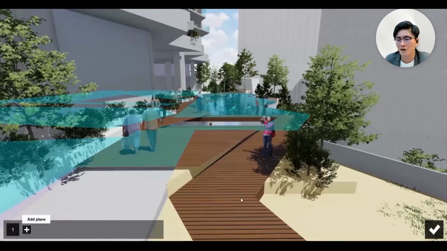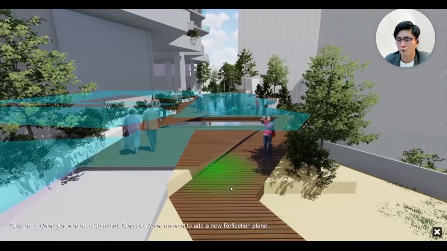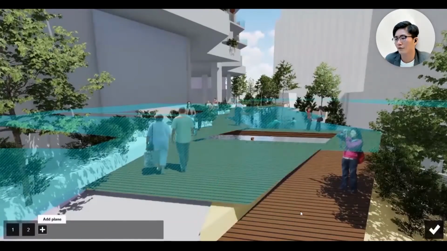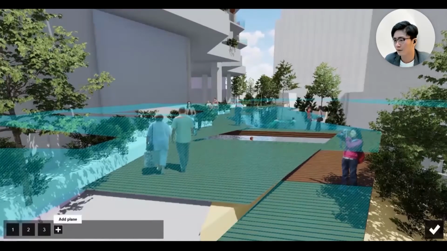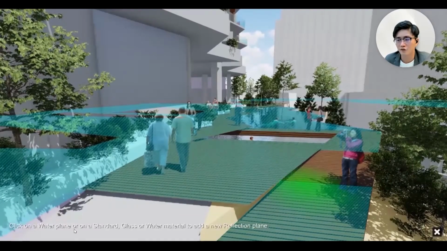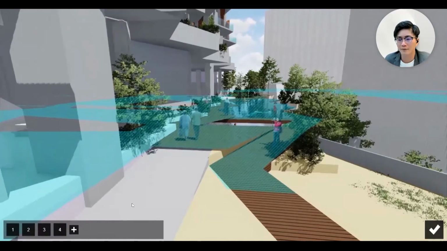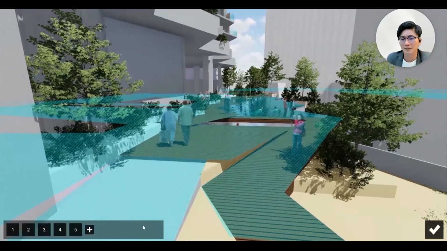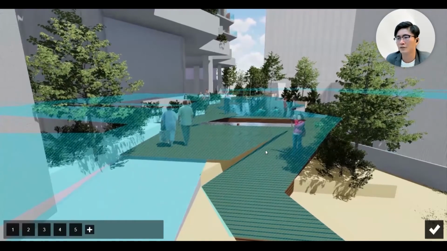So I will apply it on my timber surface, the timber ramp here. Then also my concrete ramp, the concrete floor. So it's surface based. You assign it based on each surface.